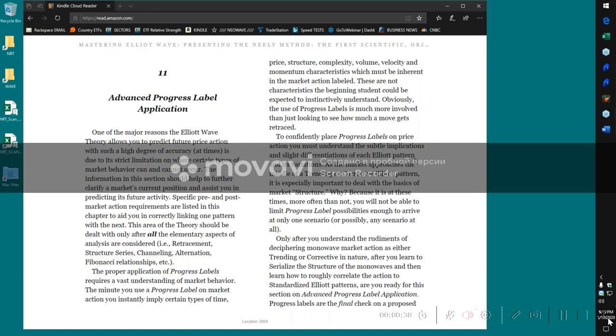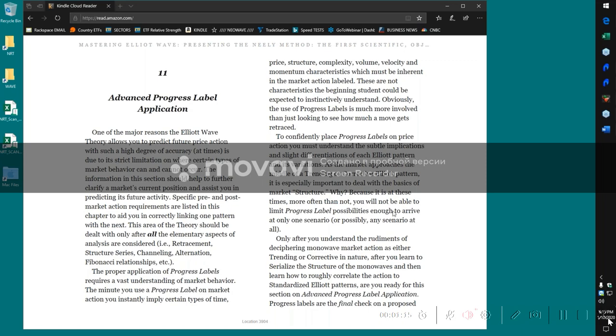The point in the book when you get to chapter 11 is really to fine-tune the structure of a pattern. So if you think you have a flat and it appears to follow the basic rules, and possibly it has started confirmation or it's already created confirmation, chapter 11 gives you some rules about how it might look, how it might behave before and after, and what position that pattern might exist in. It's just a lot of little details that help to fine tune your count and increase your